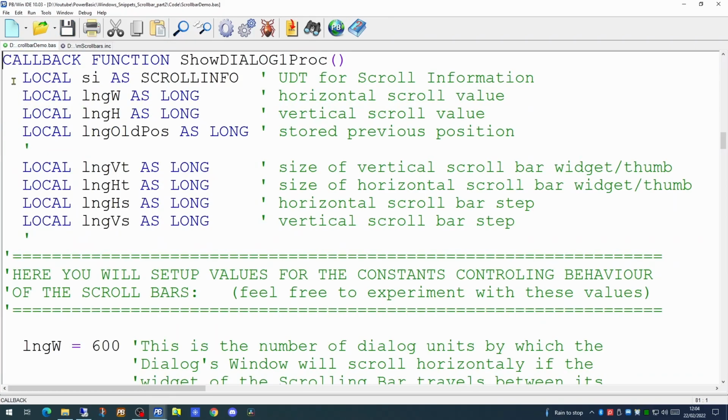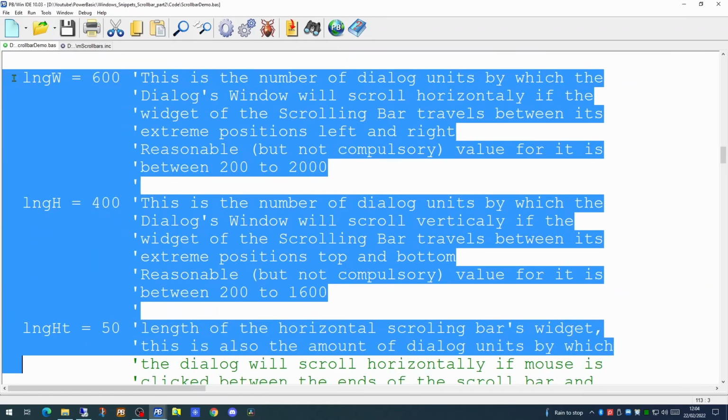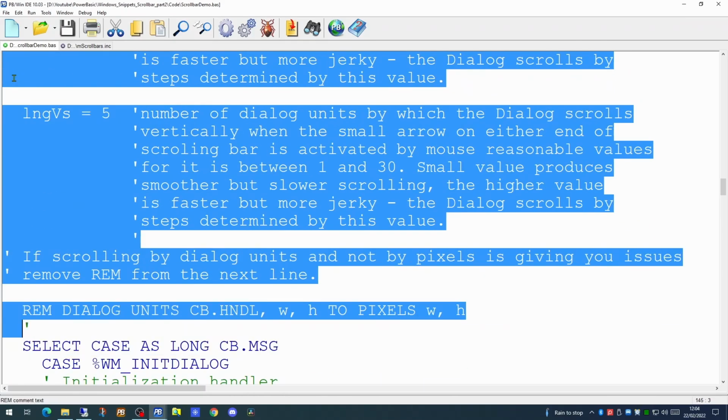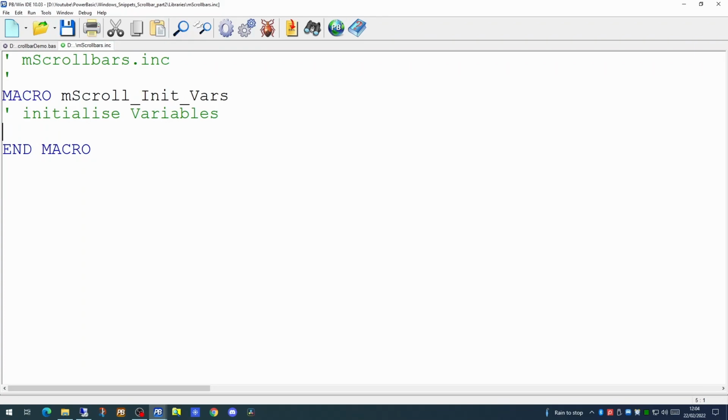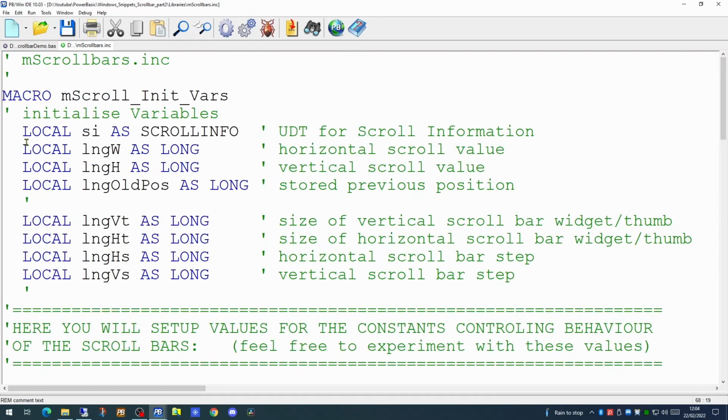So all we need to do is to select that text. So we will select all of that text and remove it from our application. And we will paste that text into our new macro. So now we have our first macro populated, a straightforward cut and paste job. To make use of this macro in the main callback function, we merely have to make a call to the macro name.